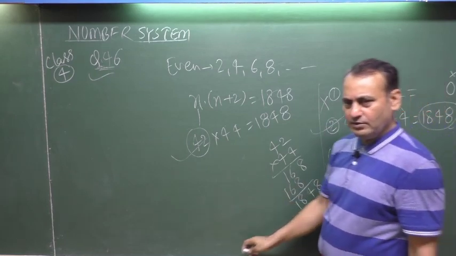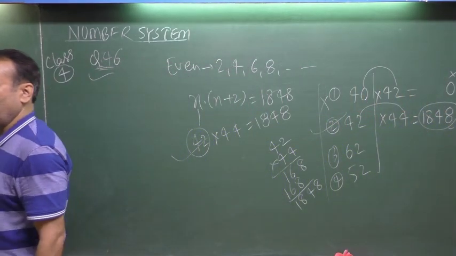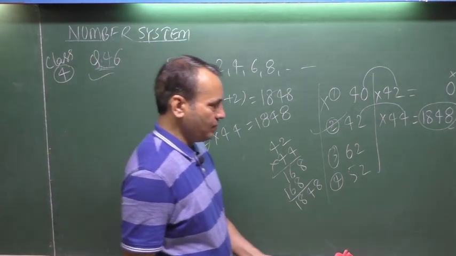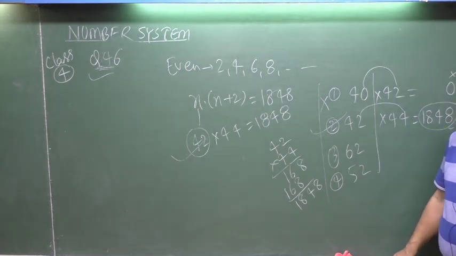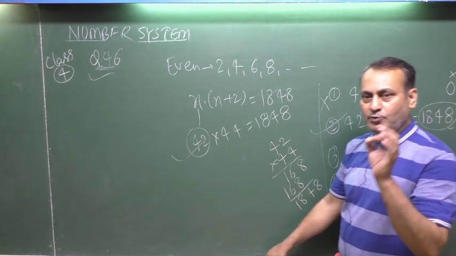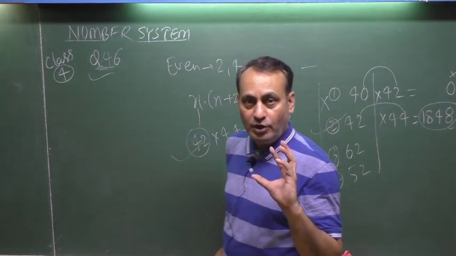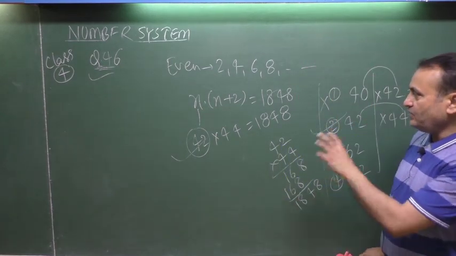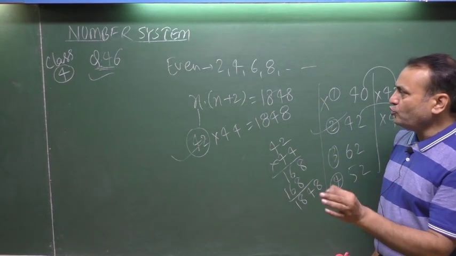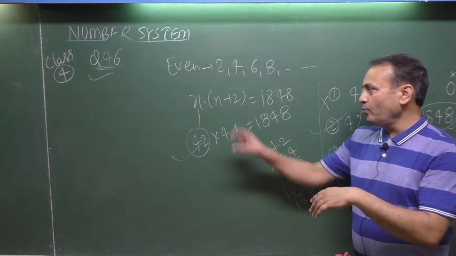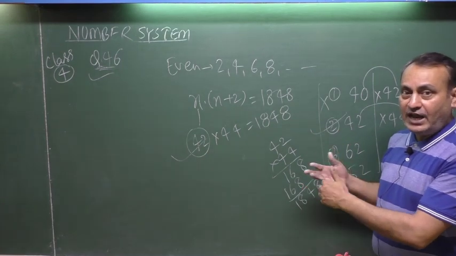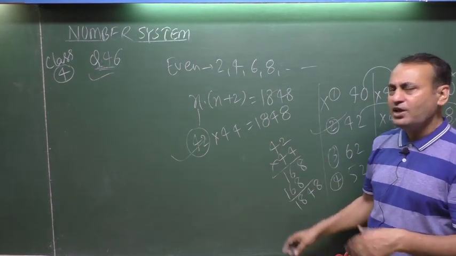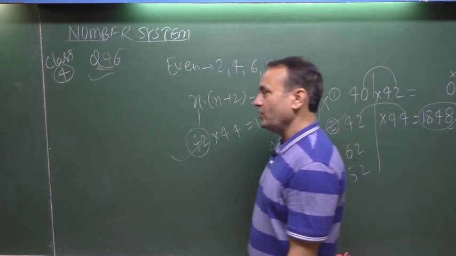Okay. Note down. That means whenever the question says the product of two natural numbers, the product of two even numbers, the product of two odd numbers, you have to accept such solutions. That means you are going to pick some number from the options in order to maintain and balance the equation. Whatever from the options maintains and balances the equation, certainly that is your final answer, undoubtedly. Note down.